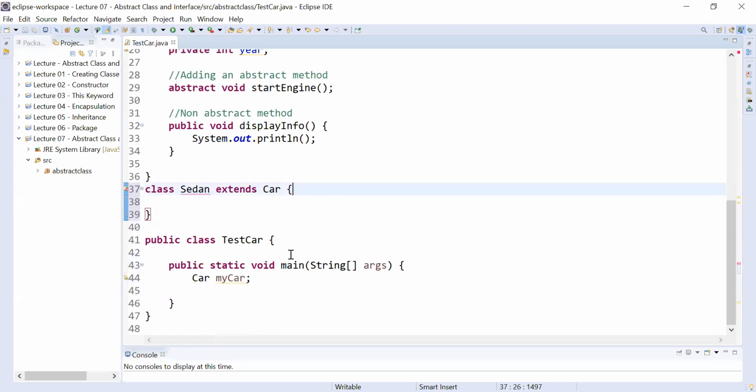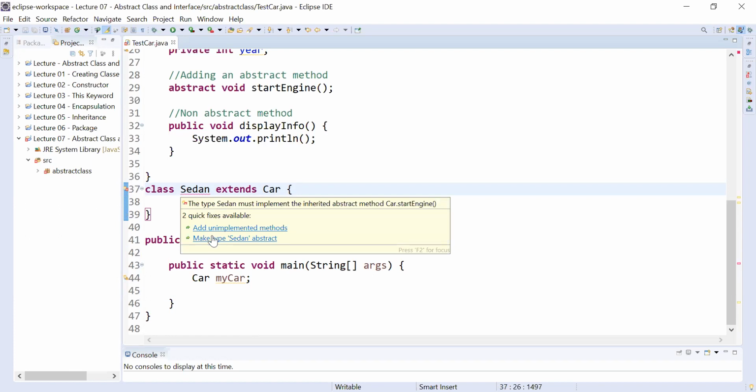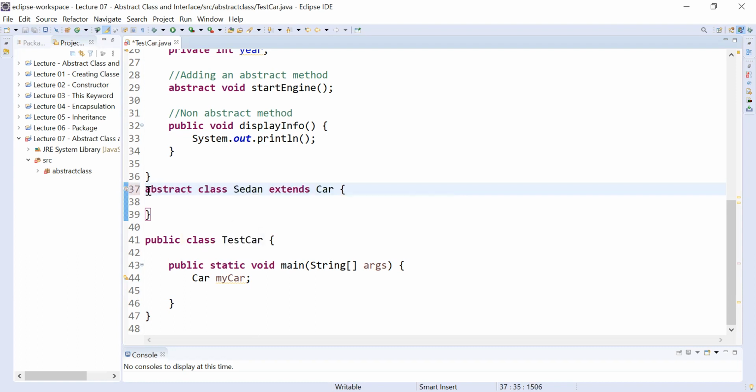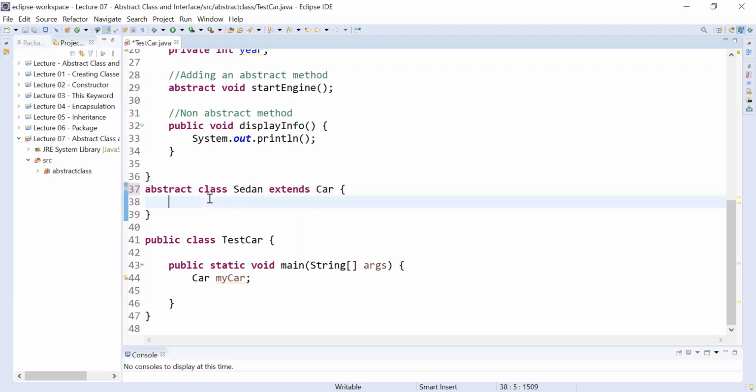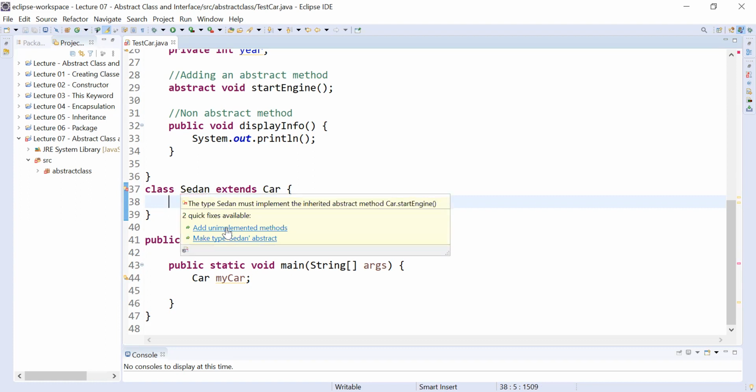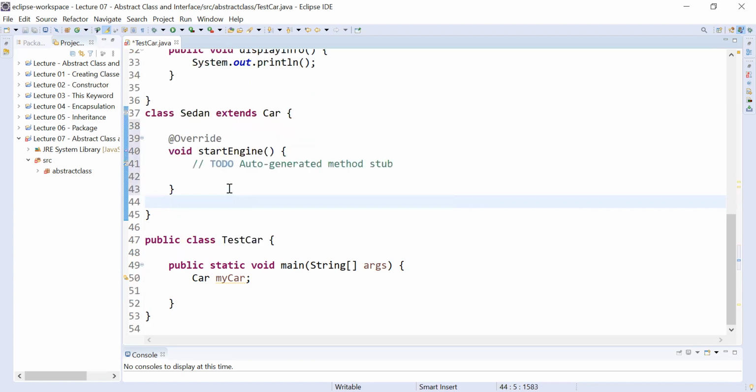Then let's see the second solution to resolve this problem. The second solution is make the type sedan as abstract. If you would not like to implement the abstract method in this class, you have to make this class an abstract. So now this class become an abstract class. So now no need to implement this start engine method inside it. So these are the two possible solutions to just remove this problem. So let me just use the first one, add unimplemented methods. So here you can just implement it, right? So this is how to create the